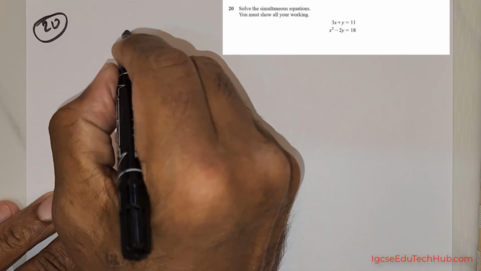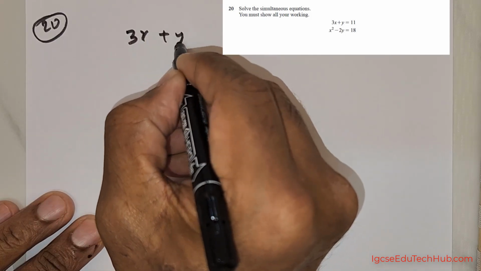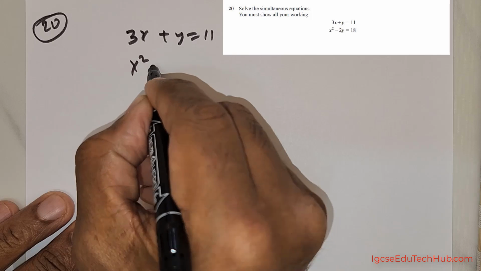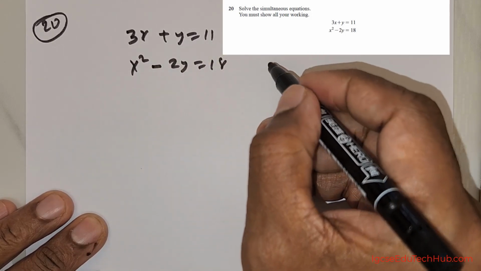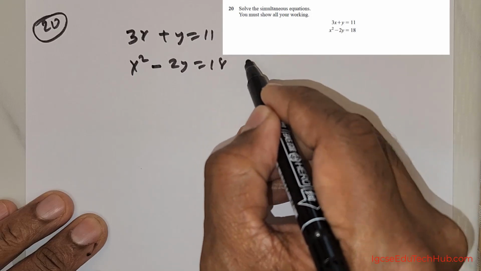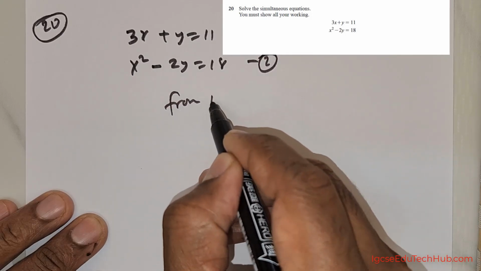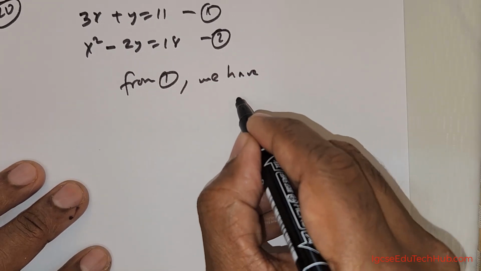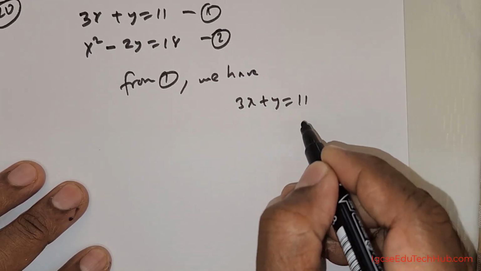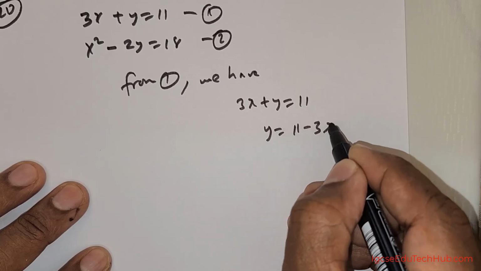This is question number 20. We are given 3x + y = 11 and x² − 2y = 18. We are expected to solve this. I'm going to take these as equations 1 and 2. From 1, I can rewrite this as y = 11 − 3x